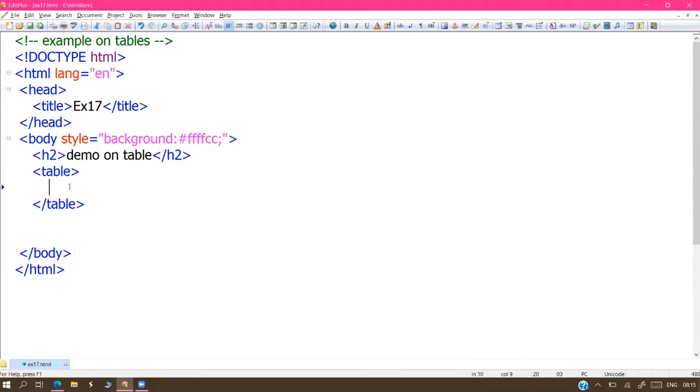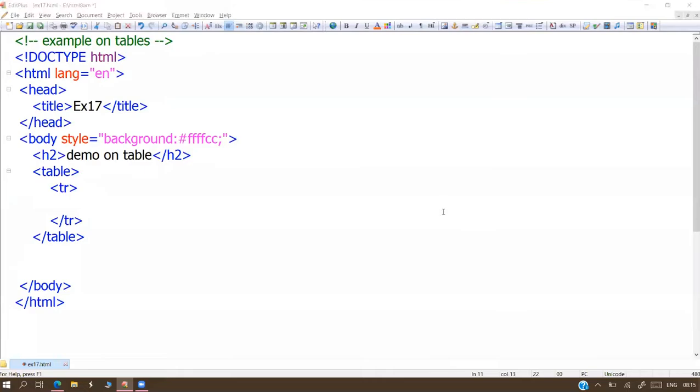So table opening and closing right now. Next here TR we started. TR means a row, drawing one row inside the table. Generally in the first row we place headings. But data generally starts from the second row. First row contains headings. Second row onwards we have data generally. Anywhere it happens like that only.